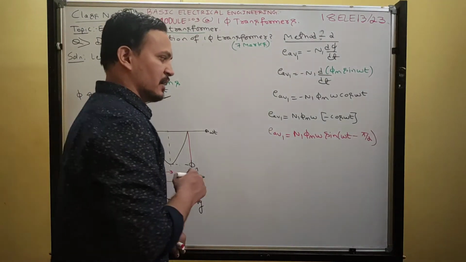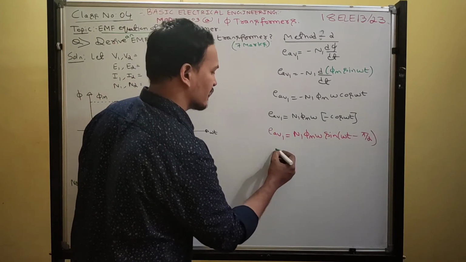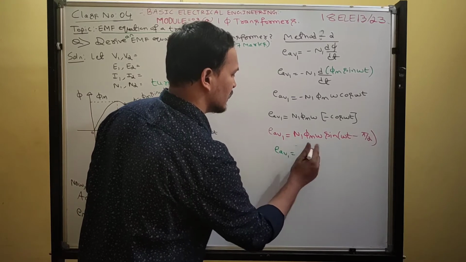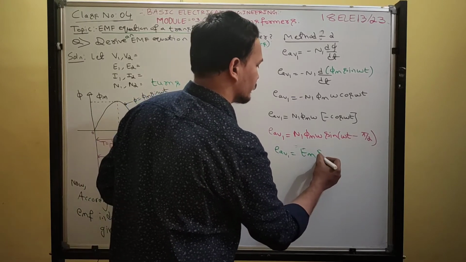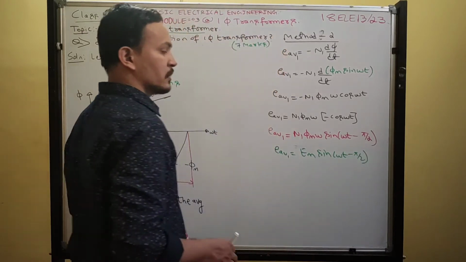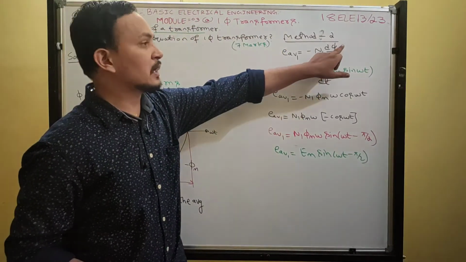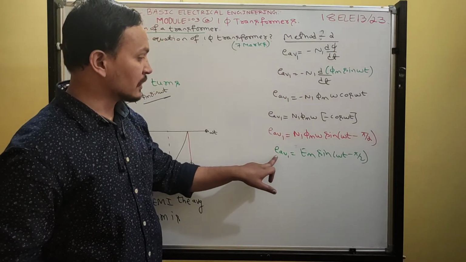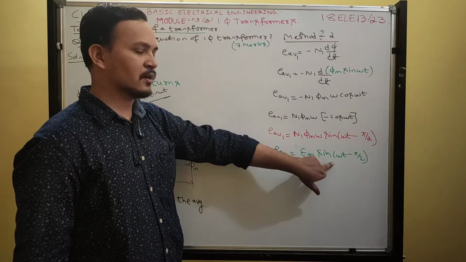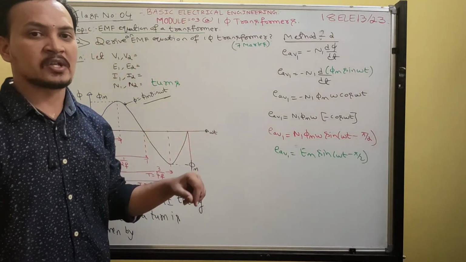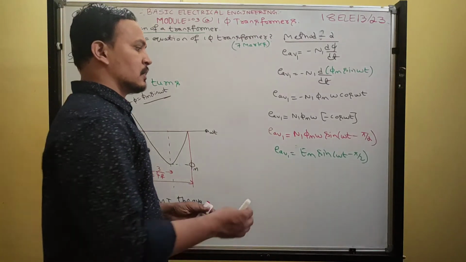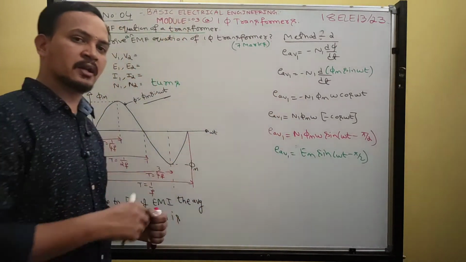Okay, primary winding, instantaneous equation. What is the standard equation? EAV1 is equal to EM sin omega t minus pi by 2. That's why, with respect to flux, your induced voltage lags the flux by how many degrees? 90 degrees. This is what we got in the working principle of transformer. I wrote the phasor diagram there. Got it? Got the reason why the induced EMF lags the flux by 90 degrees?